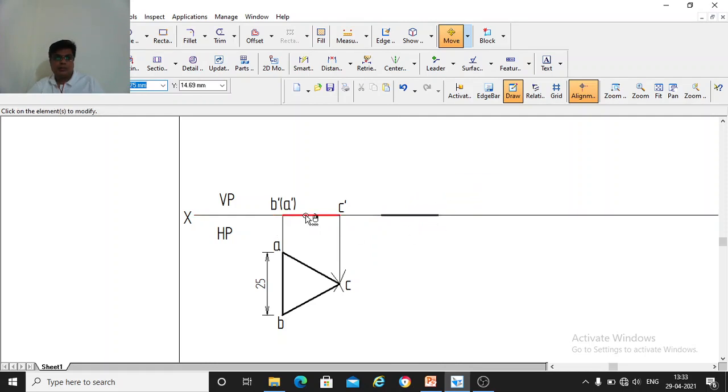So this line you should draw here, leaving some small gap, and it should be inclined to the XY line, to the HP, at 60 degrees, and that is seen in the front view.